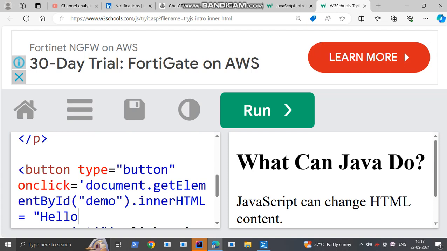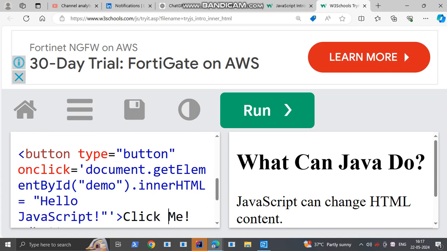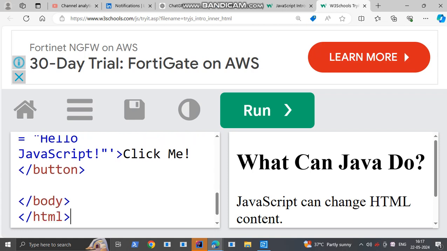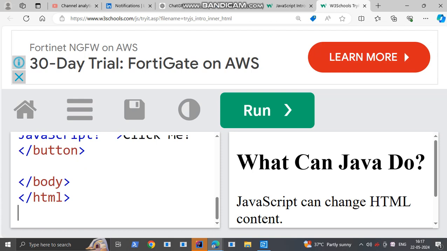It will find the HTML element with the ID demo and change the content to Hello JavaScript. So the button is closed. This is the syntax. The body closed, HTML closed.